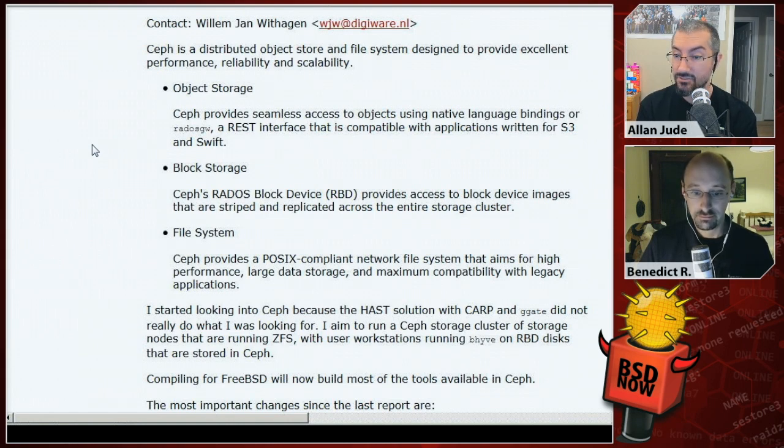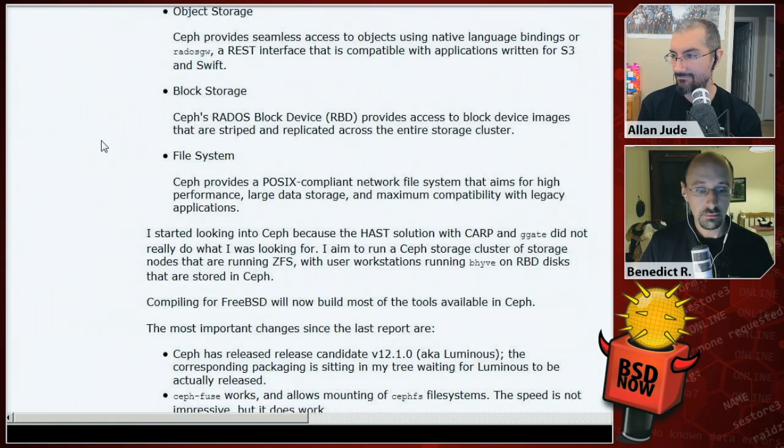It provides an object store, which provides seamless access to objects using native language bindings or a REST interface that's compatible with applications written against the Amazon S3 or the OpenStack Swift protocol. It also provides block storage. The Rados block device, or RBD, provides access to block device images that are striped and replicated across the storage cluster. So you can make a block device that's actually backed by multiple physical machines,